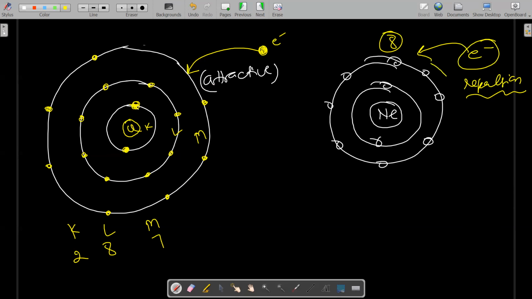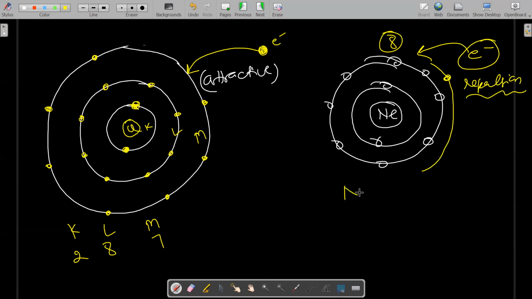So this electron will be added in the next shell. And for that, extra energy has to be provided. Because already it is stable, so adding of electron is not possible. So repulsion occurs. And when an electron is coming but repelled, so for adding this electron, if repulsion is there, it means we have to give some energy. We have to provide some energy to add this electron, and in a new shell only, in case of noble gas, because there is no chance to add this electron in this shell.